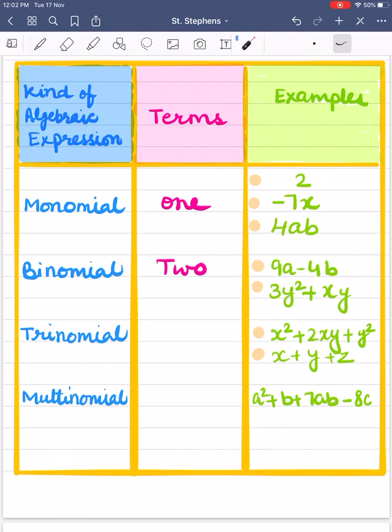A polynomial which contains three terms is called trinomial. Here x² + 2xy + y² and x + y + z are trinomials as each algebraic expression consists of three terms. A polynomial which contains more than three terms